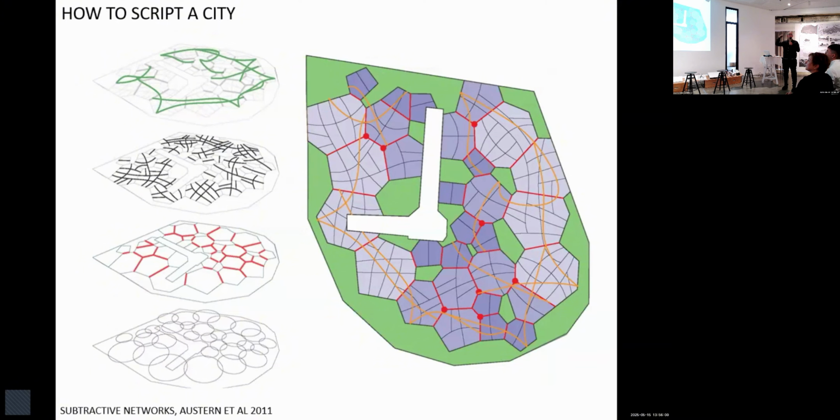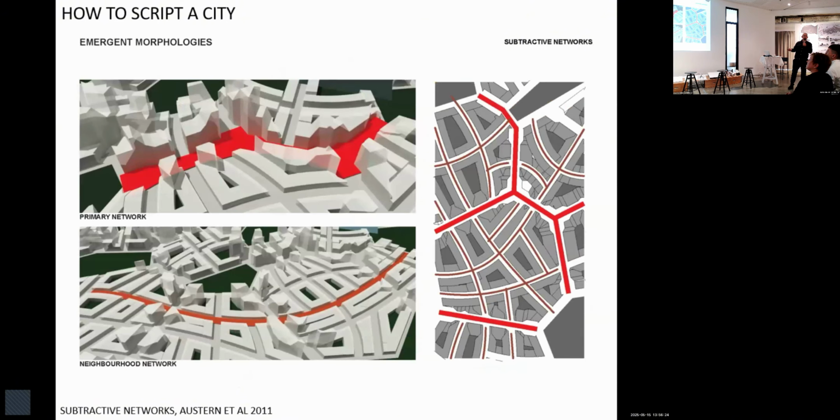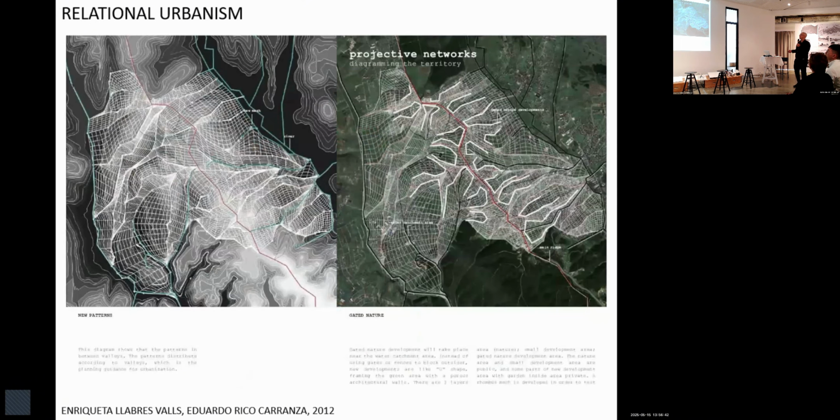Now you can write a bunch of rules very quickly, in a few days. This is a project I did for my master's, where you have urban pathways and neighborhoods and secondary pathways, and then a section generator comes through it and cuts out 3D massing, and you have something that looks at least like a city. I'm not sure it's a good city. It probably isn't. It's very difficult to test, but it's easy now to write code that generates cities. And this is basically what's been happening for the last 10 years, more or less.